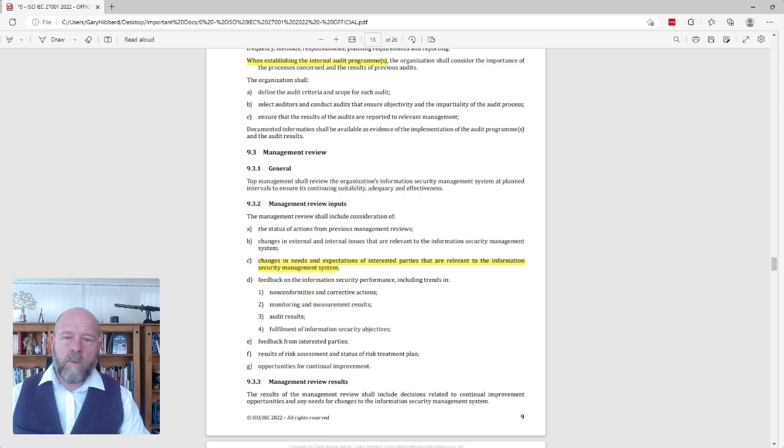Now, what you should be looking for when you're doing the management reviews is having an agenda. And thankfully, the standard itself gives us that agenda. It actually states that the management review shall include consideration of, and there's your agenda from A down to G. Put that in a separate document, and talk about those particular aspects, monitoring the performance of your management system by looking at non-conformities, audit results, fulfillment of your security objectives, feedback from interested parties, etc. You can see it, it's right there. So why would you choose anything else?